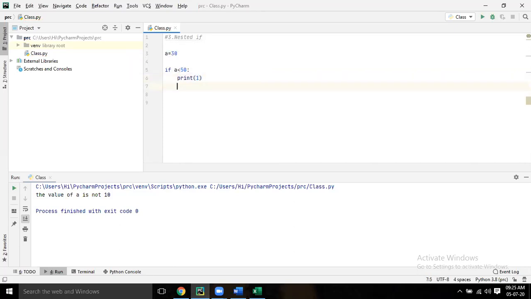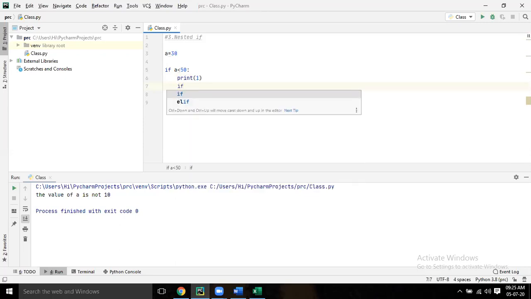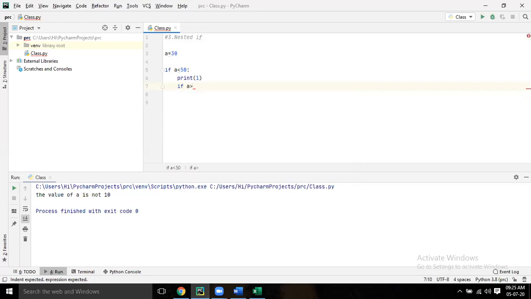Okay, enter. Now if a greater than 20 colon, print 2.